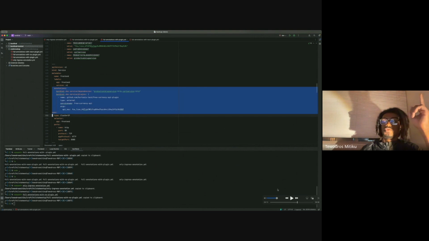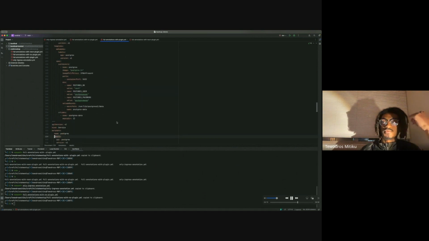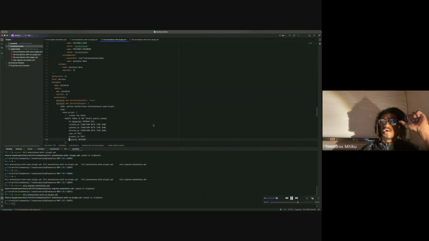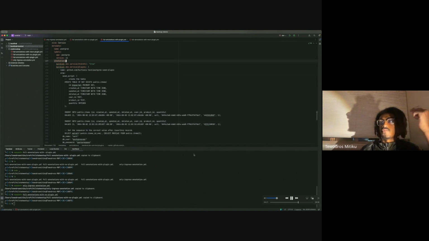The first thing we'll do is add a plugin annotation for the free currency API. This is the API that the front end uses to actually get currency information. And we're going to add this to our Kubernetes app, though the plugin actually won't do anything in this case. It'll use the same API key. It won't use a dev API key, even though we can set it to use a dev API key if we wanted to. But we'll just add this so that this external service actually gets rendered in the application. So there's an example of how we can add an external service, and note how that external service got added onto the dependent service, which was the front end application.